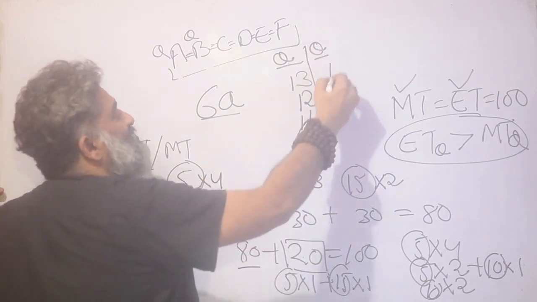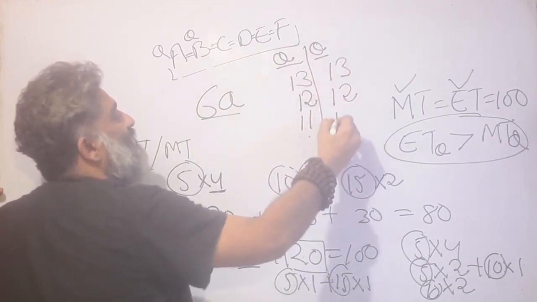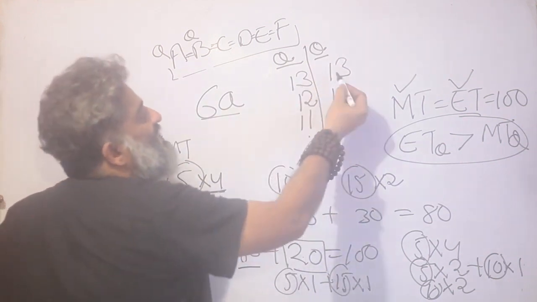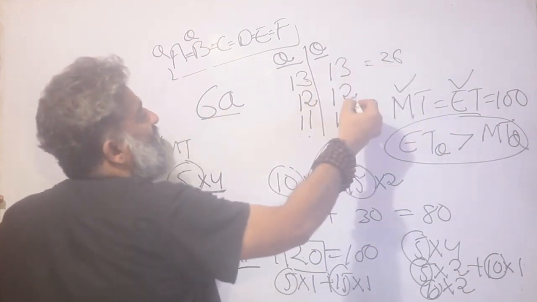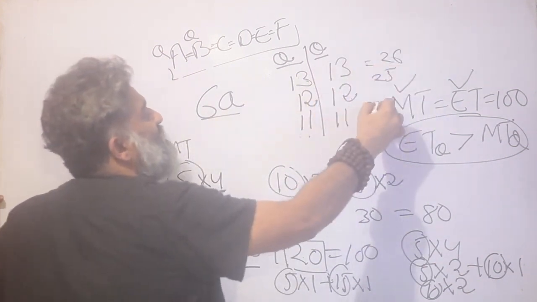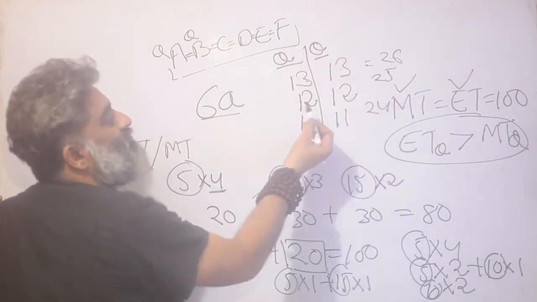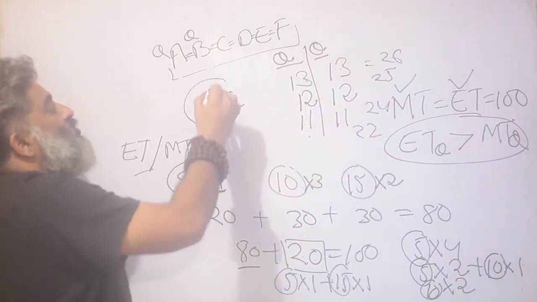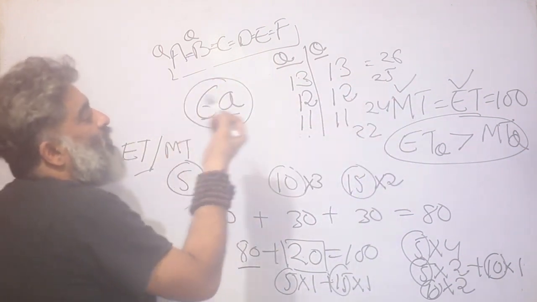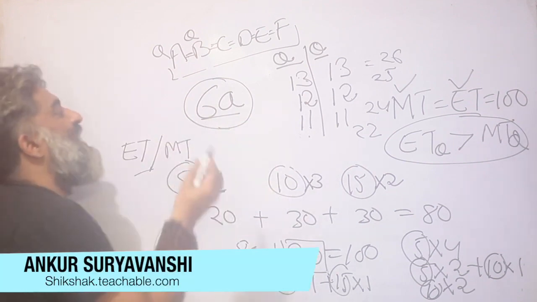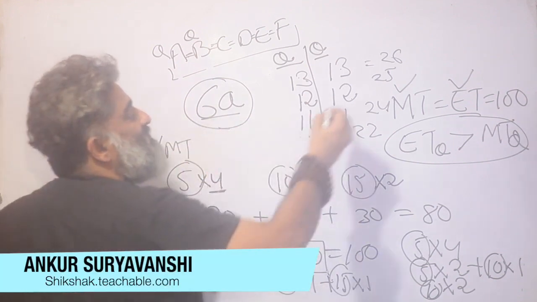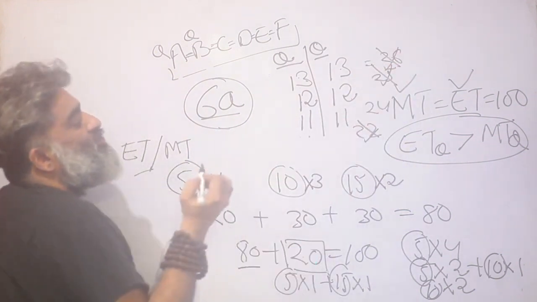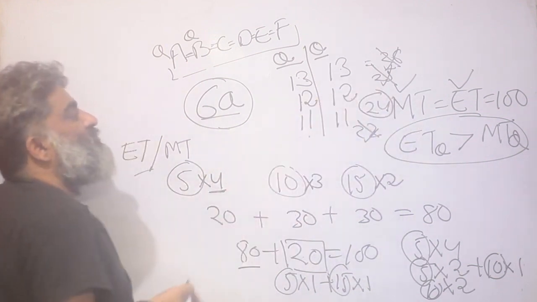So for the other section also, you could have 13 or 12 or 11. And your total number of questions is going to be either 13 plus 13, 26, or 13 plus 12, 25, or 13 plus 11, 24, or 12 plus 13, 25, or 12 plus 12, 24, or 11 plus 11, 22, etc. Now you have a very big clue that the overall number of questions has to be a multiple of 6. That means 26 is not going to work for you, 25 is not going to work for you, 22 is not going to work for you, only 24 is going to work for you.